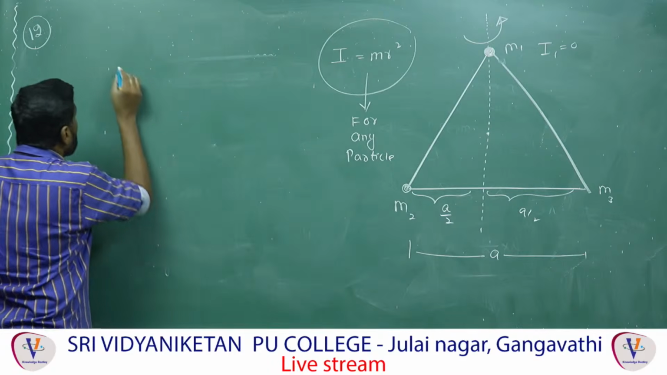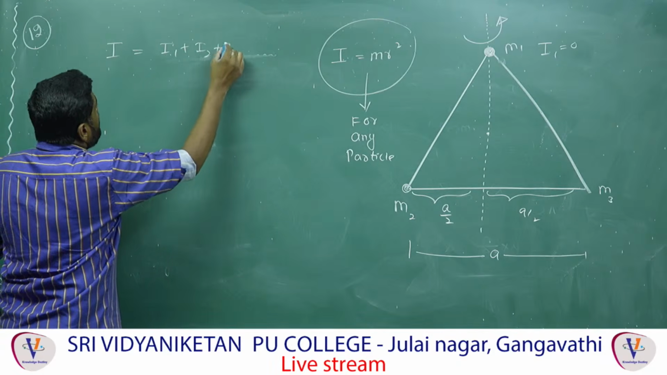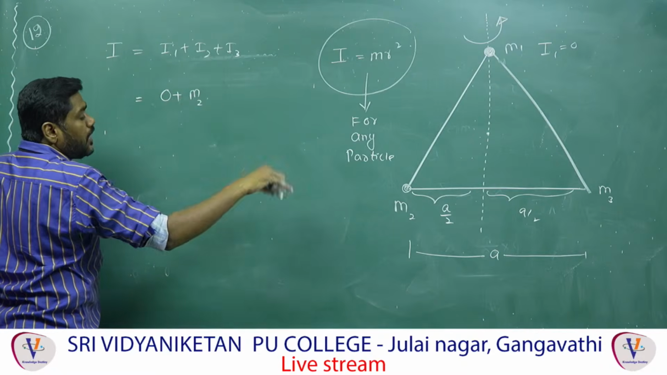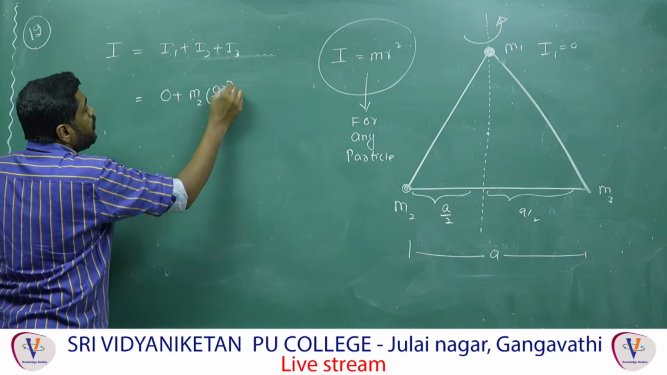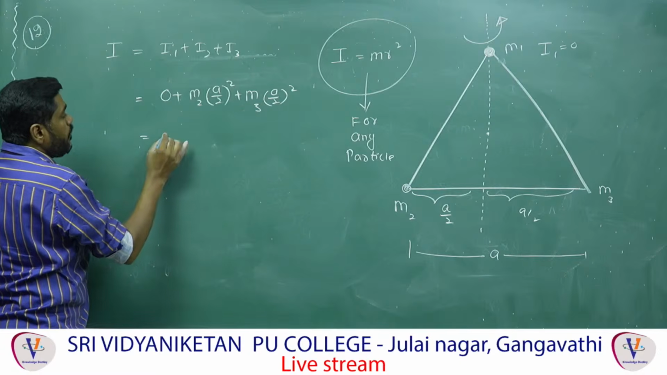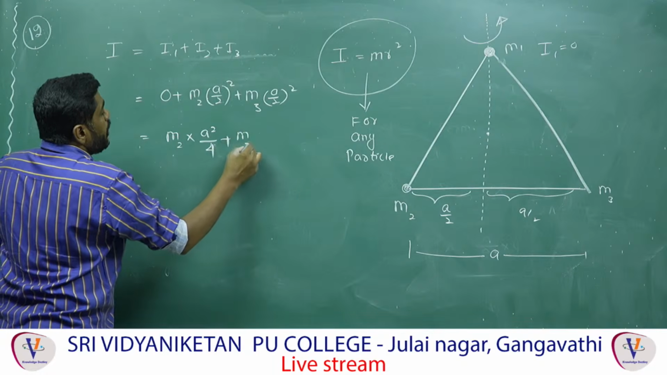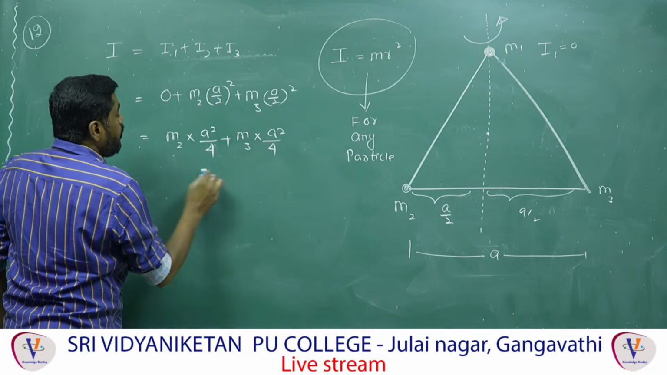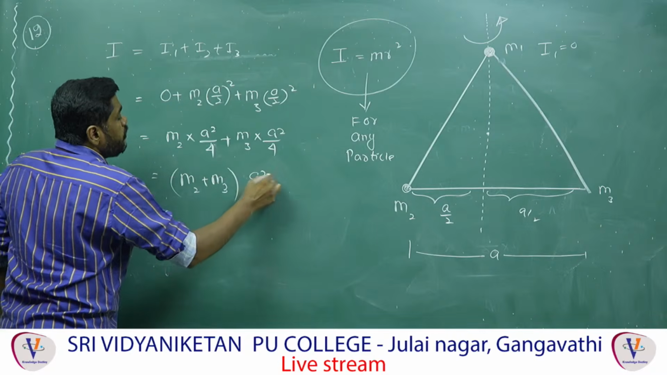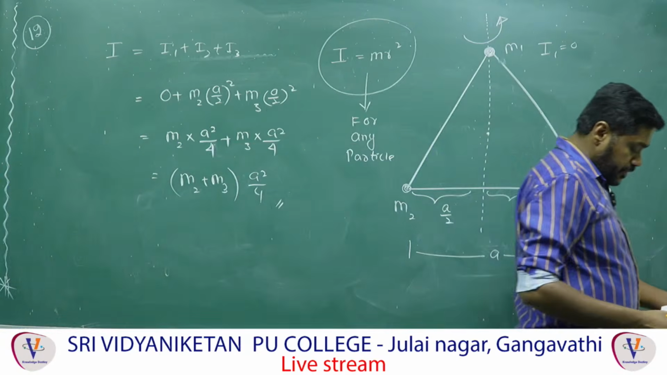Therefore, now the total moment of inertia is given by I is equal to I1 plus I2 plus I3, and I1 is equal to 0. I2 is equal to M2 into R2 square, that is a by 2 whole square, plus M3 into a by 2 whole square. Therefore, M2 into a square by 4 plus M3 into a square by 4. Finally, (M2 plus M3) into a square by 4 is the correct answer. Okay, this is the moment of inertia concept. Next,